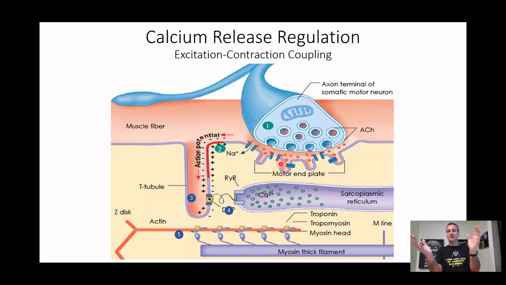And what it does is it opens up these channels, and the channels allow sodium to come into our muscle fibers. Sodium is positively charged. Normally, our muscle fibers have a very negative charge, so their negatively charged membrane is in a polarized state. So when this ACH binds to the membrane and opens up the sodium channels, now all of this positive charge